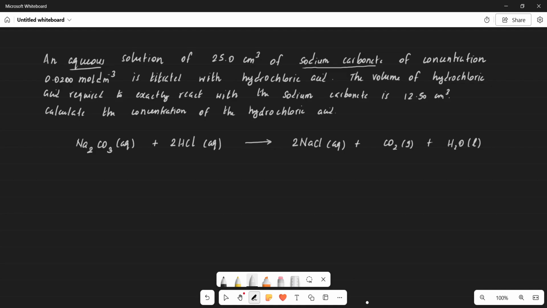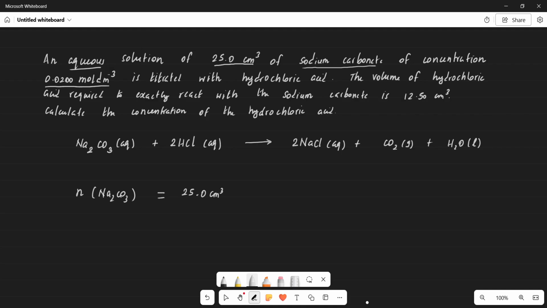So how to do this? Here there is no direct given of number of moles. They have given only the concentration. So this is the volume of sodium carbonate given. This is the concentration of sodium carbonate given. So number of moles of sodium carbonate first I need to know. So number of moles of sodium carbonate is